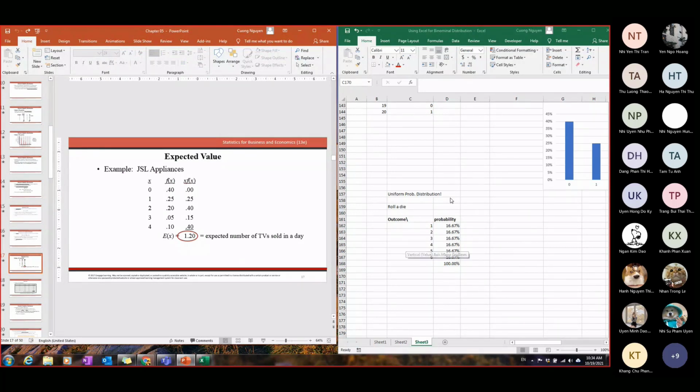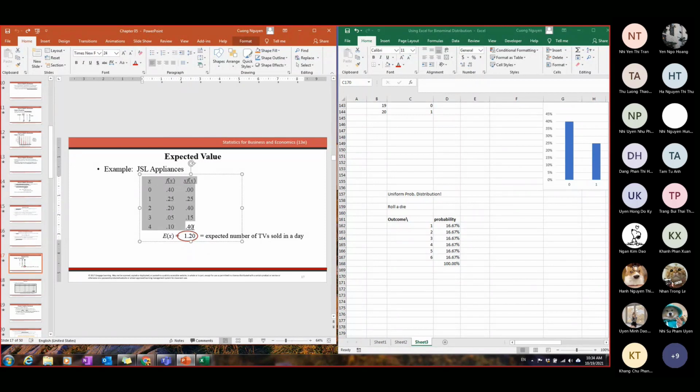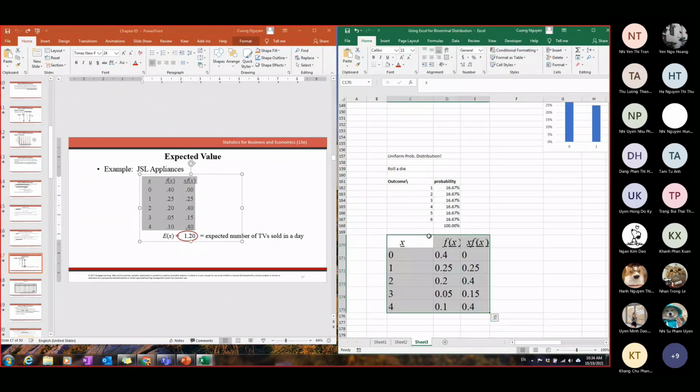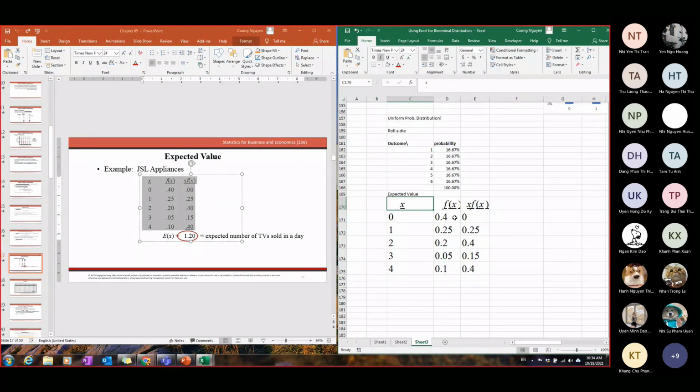But we can do the same. I will one more time generate the graph for you and demonstrate it for you to learn about expected value. Expected value means giá trị. Expected values, okay. So this will be the value, you can say the mean value with the probabilities. I will not talk about this one and I delete it.